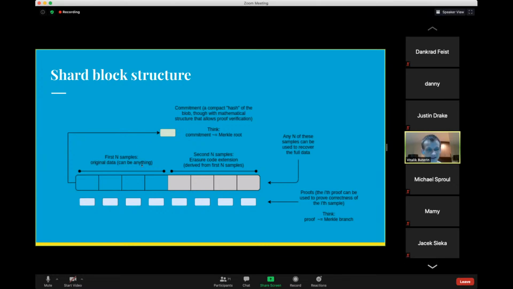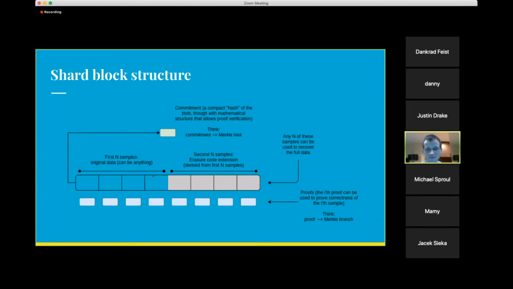Then you have the actual contents, and if you have the original contents, then you can derive the remaining contents basically by just recovering the polynomial and evaluating the polynomial at some set of standardized coordinates. And if you have any n of these samples, then you can use that to recover the full data. And then we also have this set of proofs, and these are basically just the quotients that